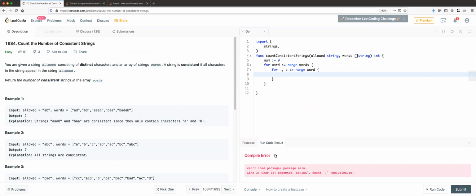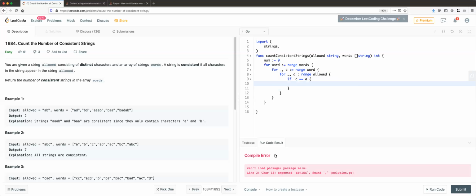For each character in this word, let me check. Man, I have to range again. I have to range over the allowed string. And in allowed, if C is equal to A,